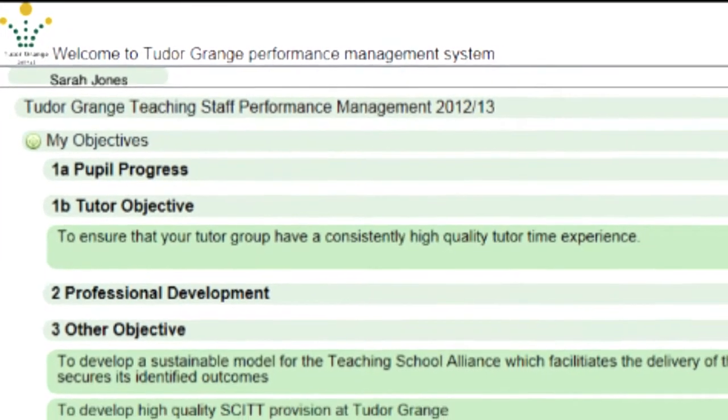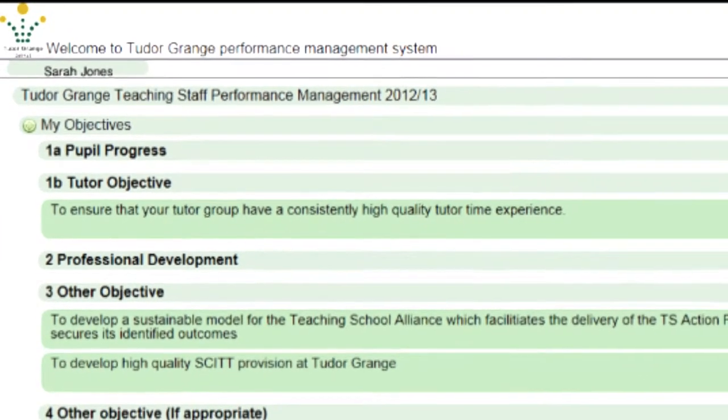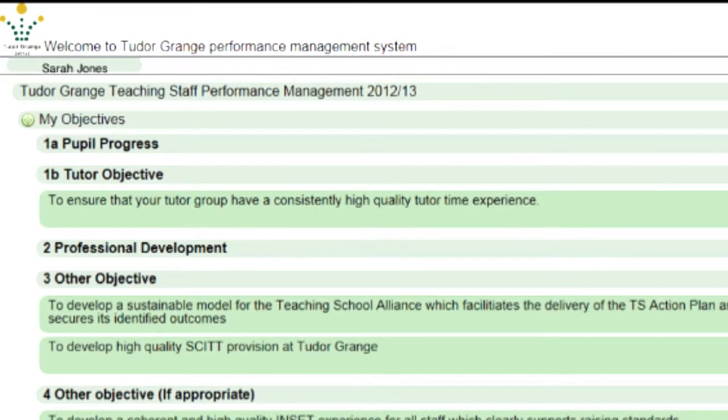Initially, we decided to use the Paragon web-based system because we wanted to move from a heavily paper-based system to an online system where the ideas of tracking teacher performance, monitoring lesson observations, quality assurance processes, looking for areas of development and areas of strengths within the school could all be processed efficiently and quickly, and allow us to spend more time focusing on the actual development work that needed to take place through CPD, through inset and other staff